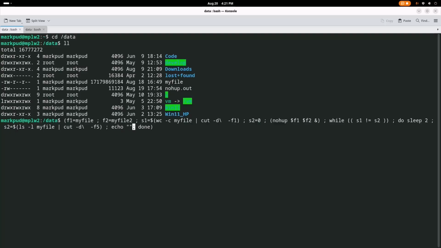But we're going to do a bit more than that, because we may as well put in some kind of timestamp. So why don't we do that? And the easy way to do that is to just use the date command, date plus %T, and then we'll make it a little bit neat and tidy. We'll put a colon and a space like that, and then we need to put how many bytes copied. So it's going to be S2 bytes so far of S1, total number of bytes,